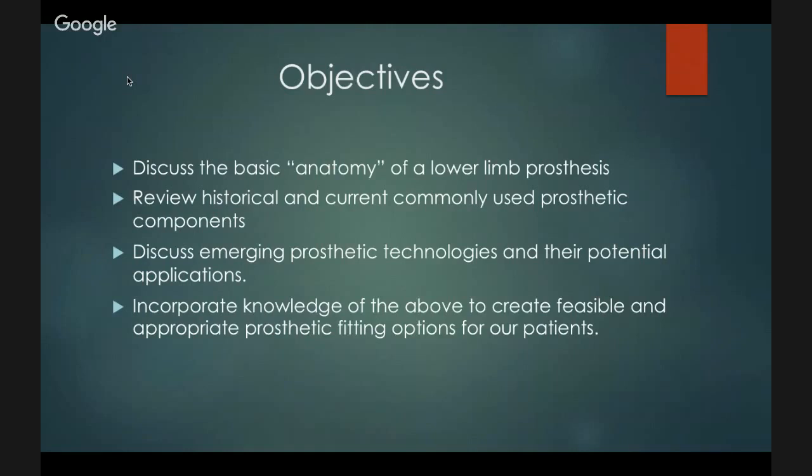More rare, but major amputations are the hip disarticulation or the hemipelvectomy. And then less rare, but not requiring as much attention as far as prosthetics goes, are your digit amputations and minor lower limb amputations below the ankle. So we'll review the historical and currently commonly used prosthetic components, discuss emerging prosthetic technologies, and incorporate knowledge of the above to create hopefully feasible and appropriate prosthetic fitting options for our patients. I have no idea how long this talk is going to take. We'll take a break at some point in the middle,